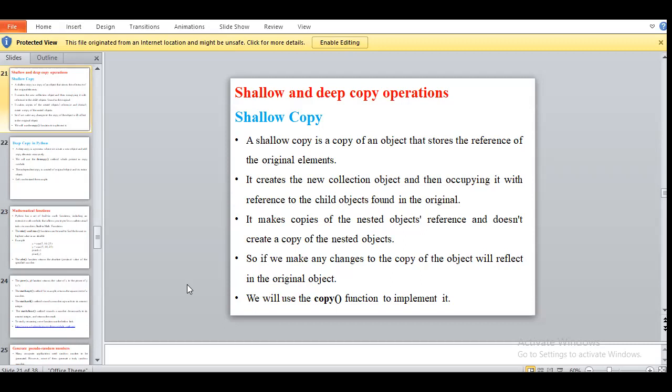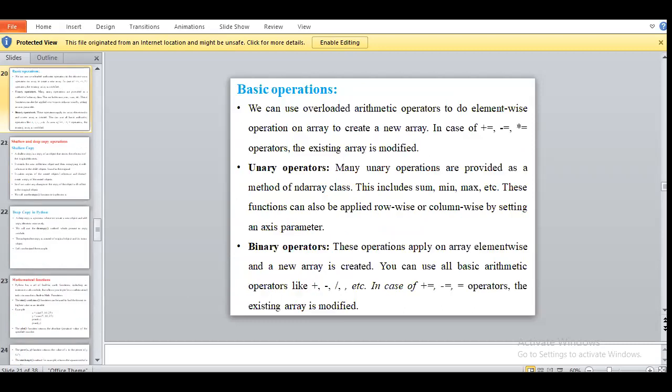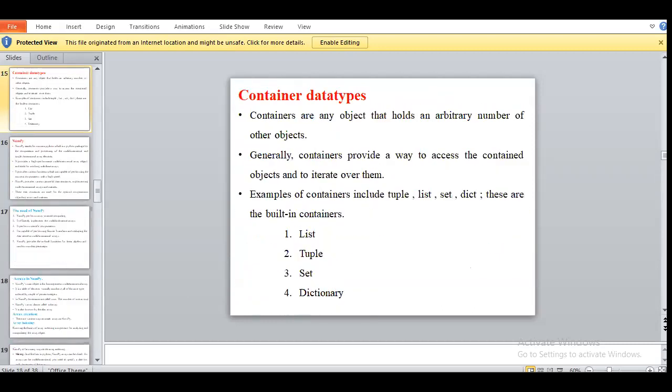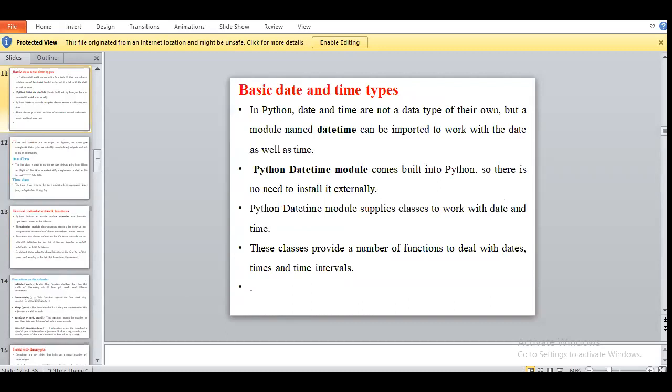Okay. So in the last lecture, we saw the different operations related to date, time, and calendar.